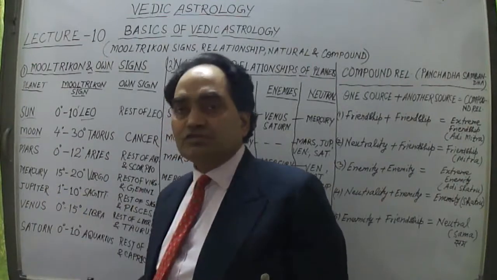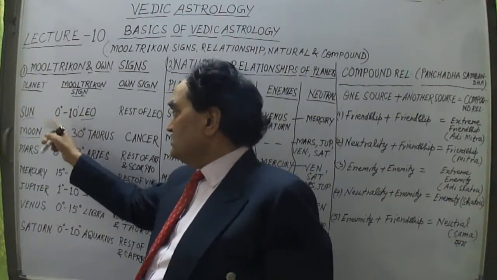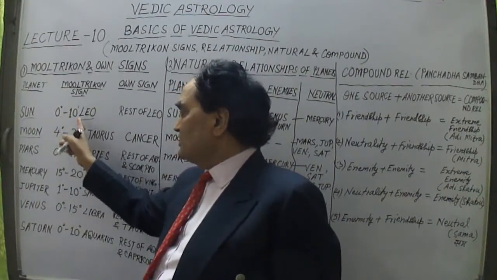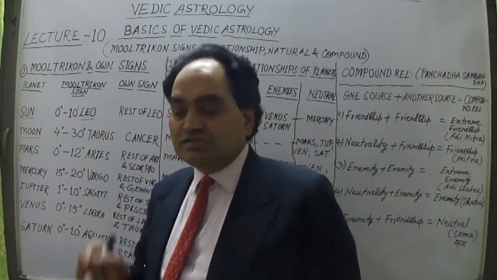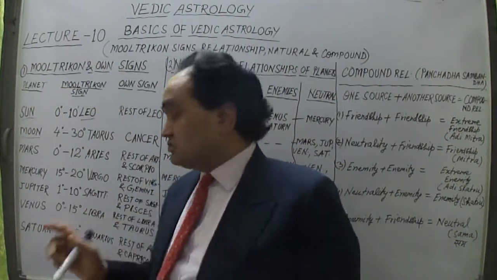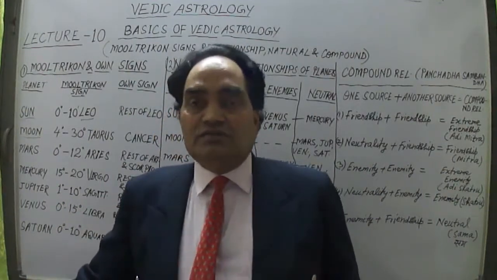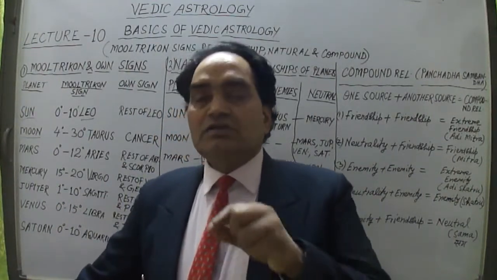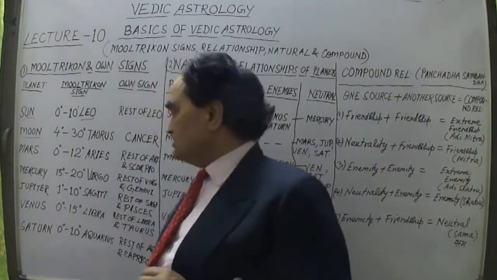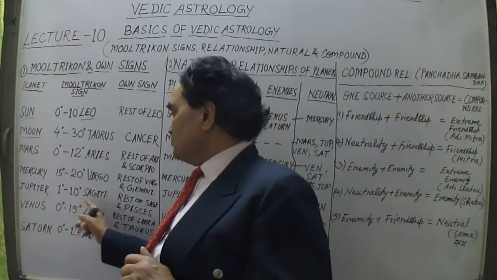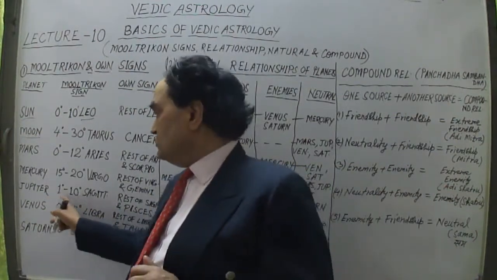Similarly, Jupiter is more active from 1 degree to 10 degrees, just like the Sun was from 0 to 10 degrees, but this is from 1 degree to 10 degrees in the Sagittarius sign. Sagittarius is the Mooltrikon sign, but within this limit of 1 to 10 degrees Jupiter is more active. Sagittarius is the 9th sign. Try to understand. In Sagittarius, Jupiter has its Mooltrikon from 1 degree to 10 degrees,